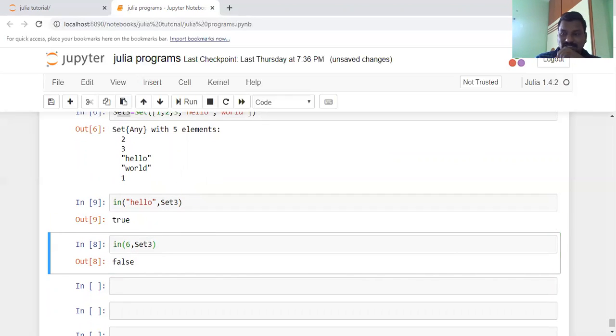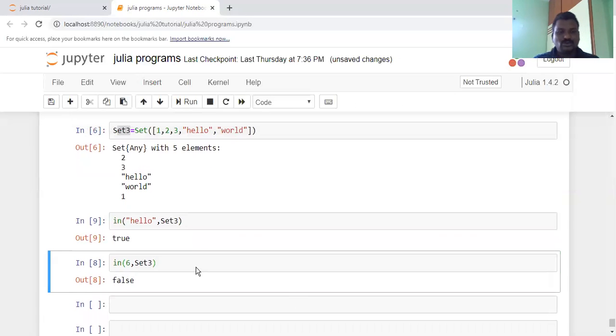That means you can access the elements in a set, but they are not stored by using an index. The elements may come out in any order, like 2, 3, 1. That means it is an unordered set of elements, and it cannot allow duplicate values. That is an important point in a set.